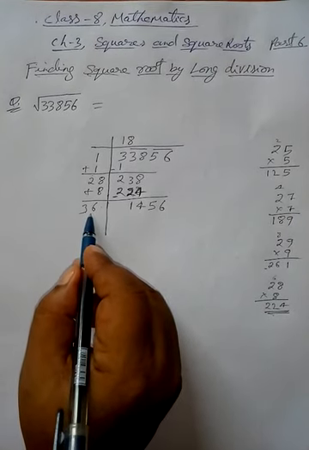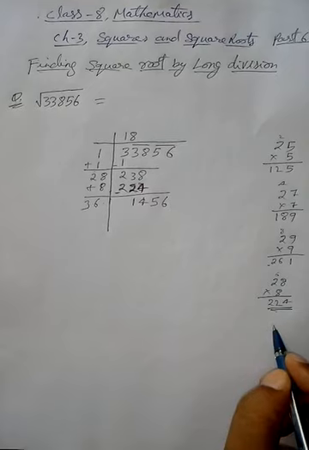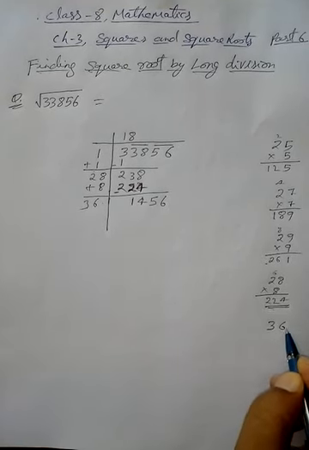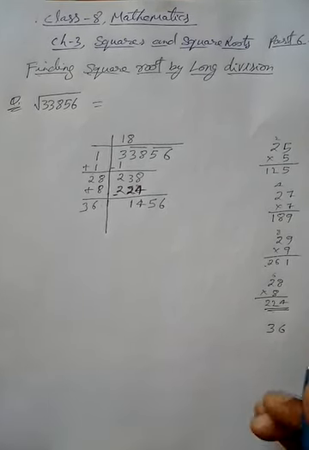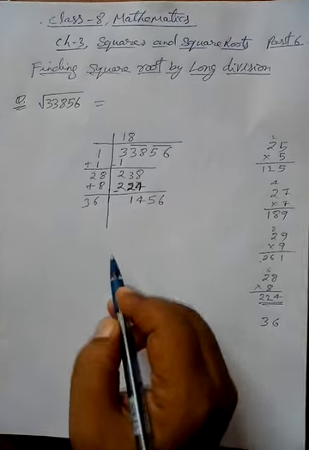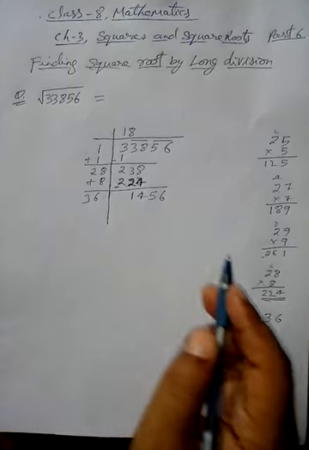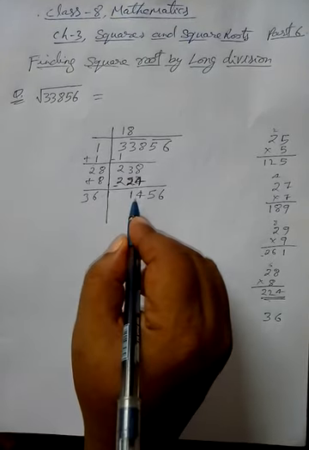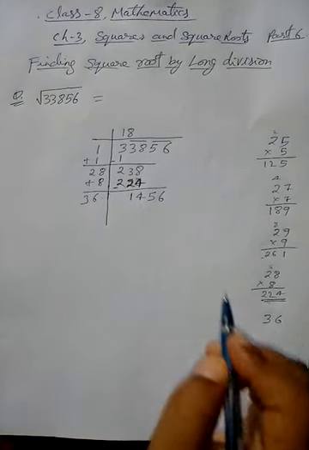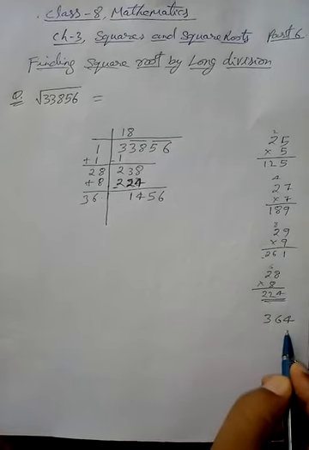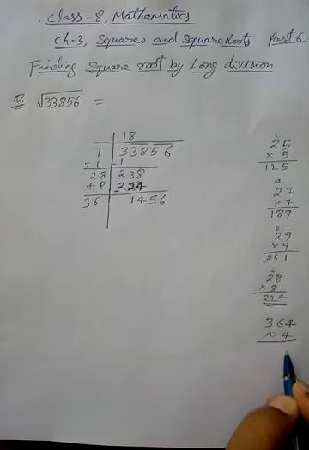Table of 36. We should judge in a shortcut way how to get the number near to 1456. So 3 3s are 9, 3 4s are 12. So 3 4s comes near to the 14. So I will try with the 4. 3 4s are 12. The 4 4s are 16.